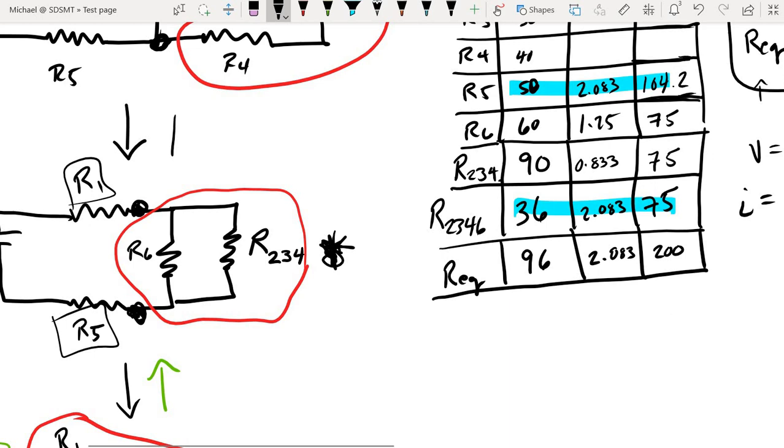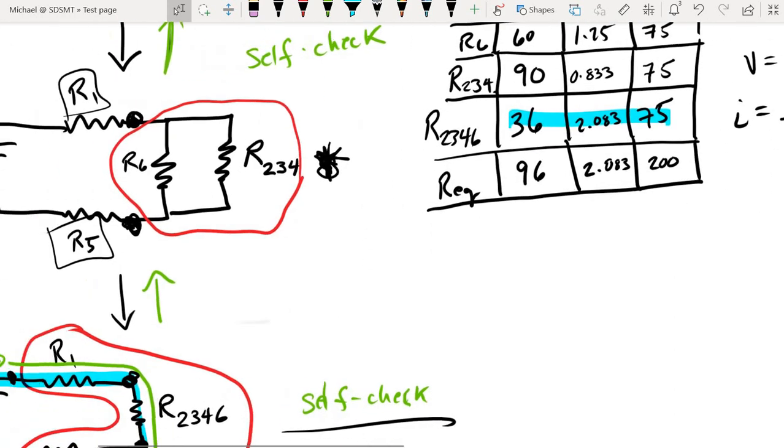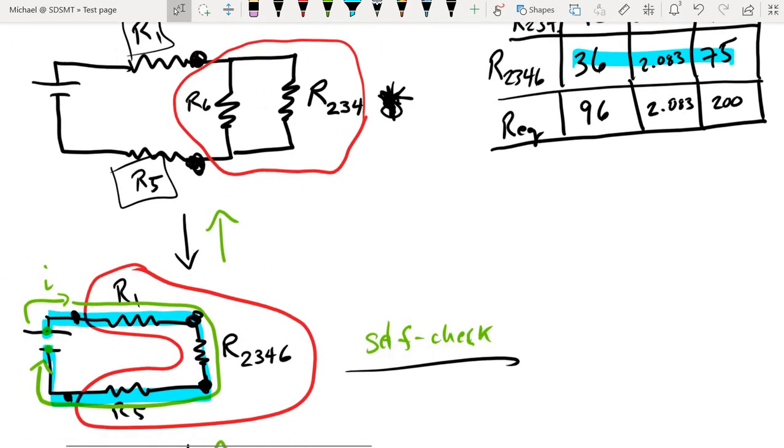And we get ready to progress up, but before we do that, self-check. What do we check to make sure that we got the right answer? Previously, we added up the voltage values, but this time I can't add up the voltage values because 75 plus 75 does not equal 75. So the self-check here is that